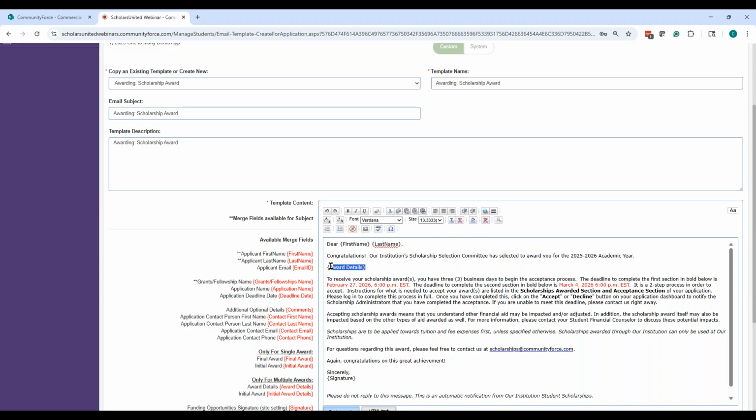And then this field right here is the important one. The award details. Since an applicant can receive more than one fund in a one-to-many process, the award details is going to outline that.